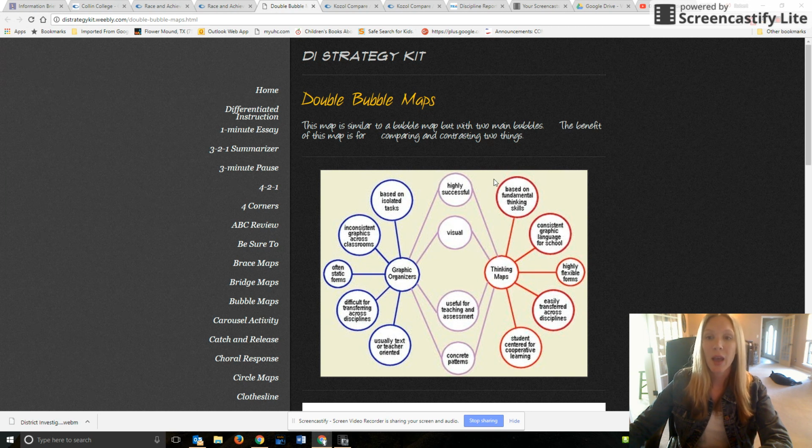So if you have something noted over here on one topic, then your difference has to correlate to that same point, if that's making sense. So it's not that you can say the thinking maps are graphic organizers and graphic organizers are great to use in a classroom. Those two ideas don't correlate. They don't complement one another.